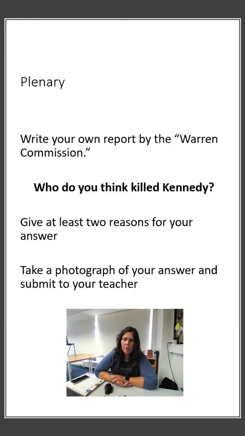Okay, so you have had an opportunity to look at all the evidence of all the suspects. You will notice on Show My Homework as well, there is a quite scruffy, scribbled answer sheet. You're welcome to have a look at that to see what sort of ideas you could have included. You would probably have more ideas. And I would like you please in your books to write the question, who do you think killed Kennedy? So you're almost writing your own mini report. Instead of the Warren Commission, you could change it for your own surname. Who do you think killed Kennedy?